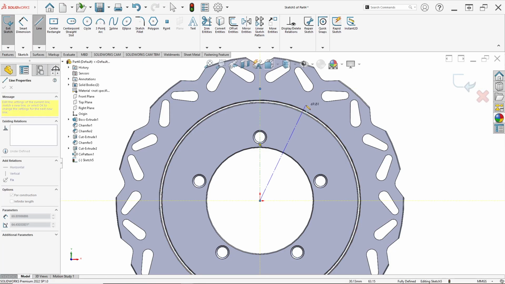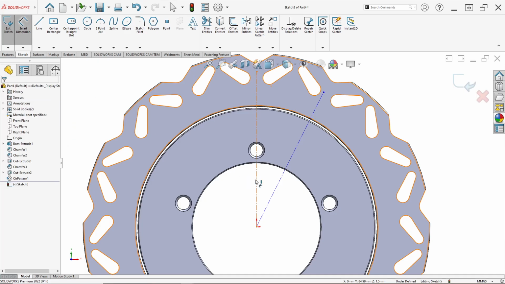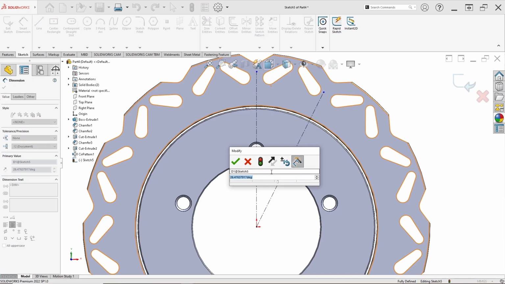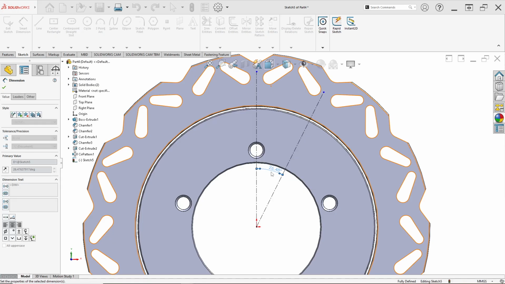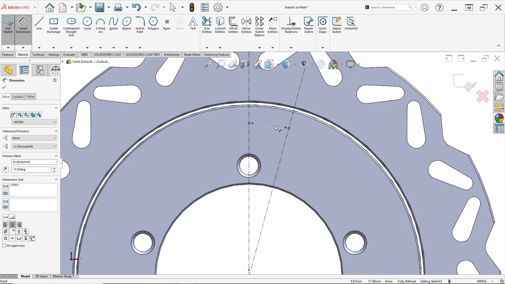Then is to this. Set for angle this center line, this center line, set in 15 degree. 15 degree in here like this.